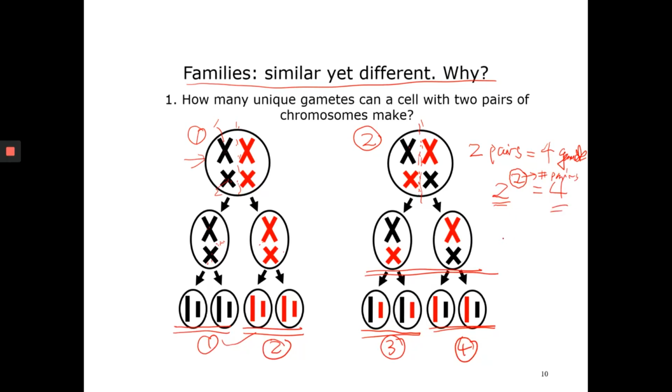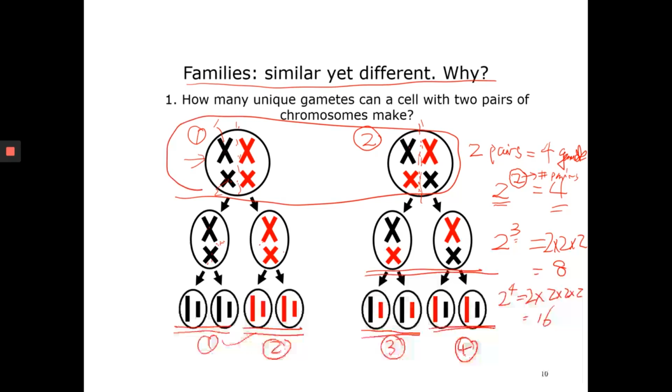4 different gametes. So what if the cell has 3 pairs of homologous chromosomes? That means you're going to multiply three 2s together. So 2 by 2 by 2, that's going to be 8. Right? What if the cell has 4 pairs of homologous chromosomes? 2 by 2 by 2 by 2, and that's going to be 16. All right. So, this phenomenon of different pair-ups, or different combinations of homologous chromosomes,